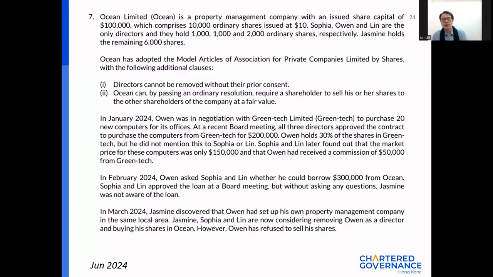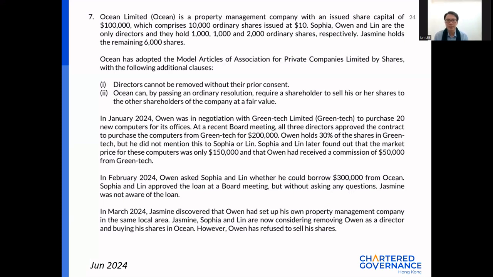Okay, so you can see Sophia, Owen, and Lynn are the directors. So when they hold a board meeting, the three of them would attend. This is a contract to buy computers from GreenTech Limited. And it turns out Owen owns 30% of the shares in GreenTech, but he did not disclose